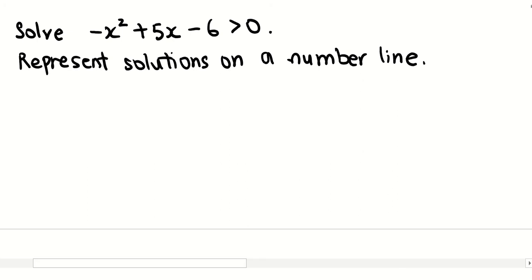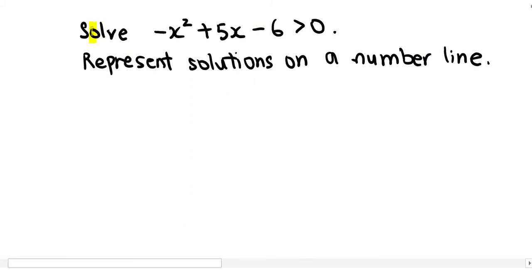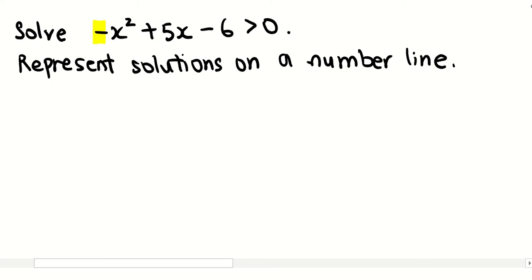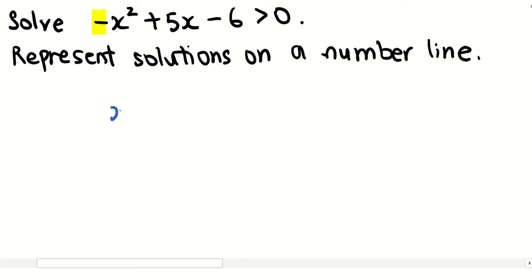So today we'll be looking at solving quadratic inequalities. I have a question. Negative x squared plus 5x minus 6 is more than 0. I see my a value is negative. I tell you that we should always try to work with a positive coefficient a. So one thing is I can make it positive